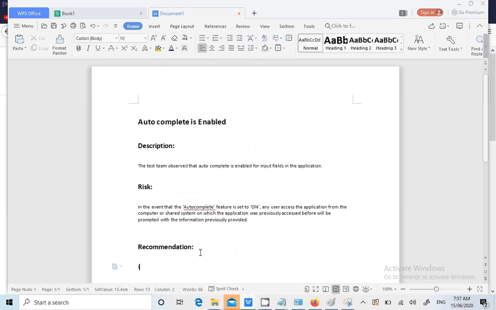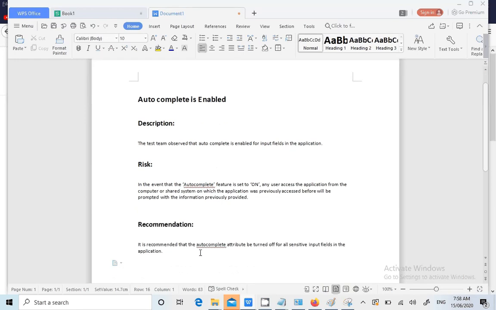I always start with this line: it is recommended that the autocomplete attribute be turned off for all sensitive input fields in the application.